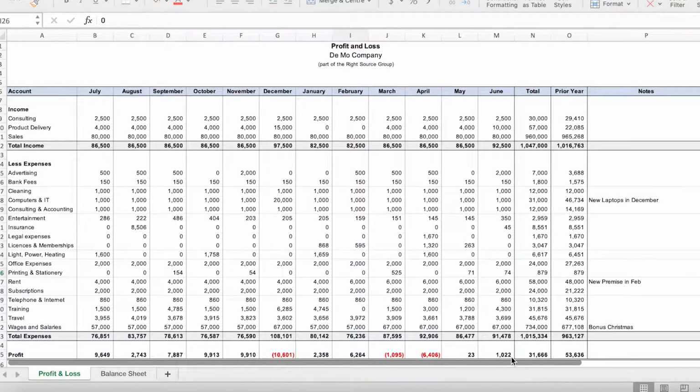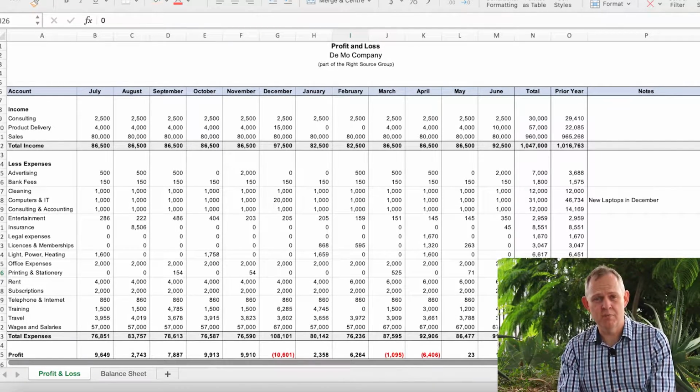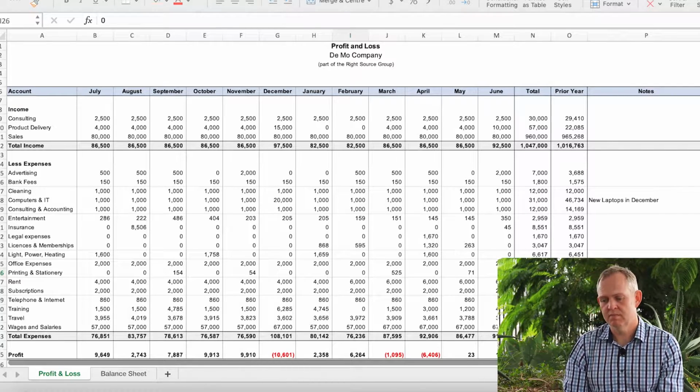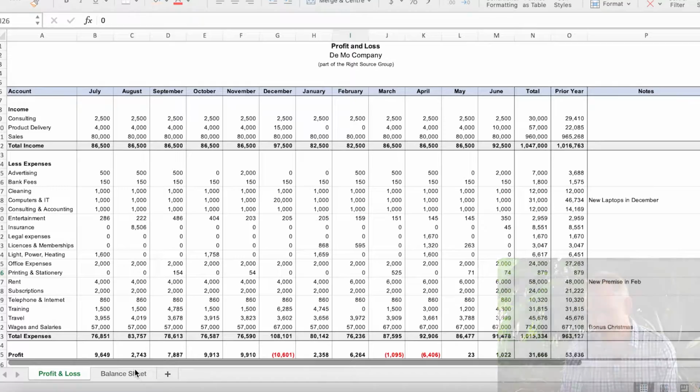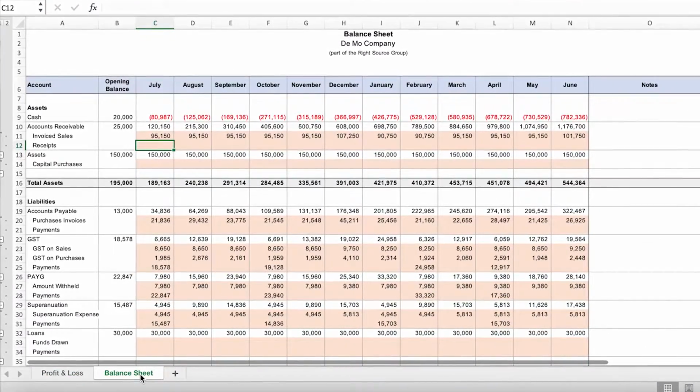So here we've got the incremental budget template that we used in previous videos. We've had a profit and loss that we've completed previously. What we're going to do now is I'm going to show you how you take that profit and loss budget and add on your balance sheet budget to it through a relatively quick process. So let's dive in and have a look. We've got the balance sheet tab. We'll go into that. So this is your balance sheet.